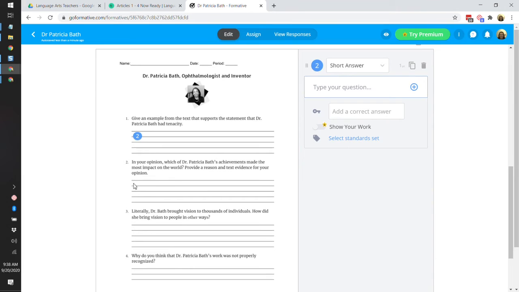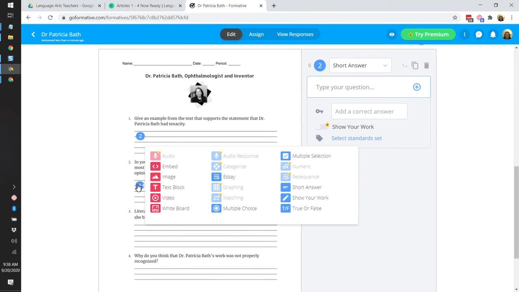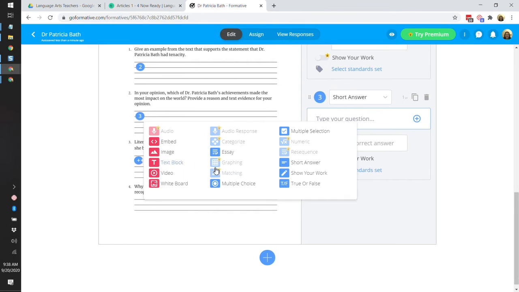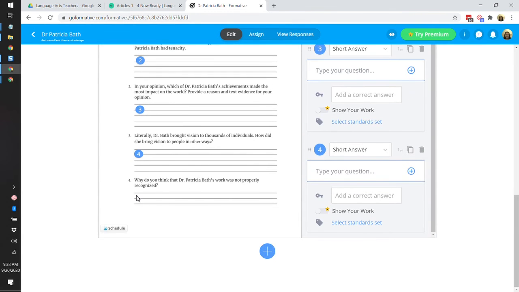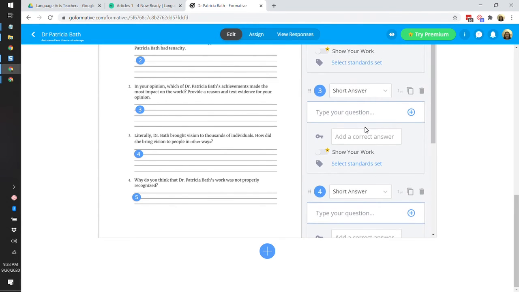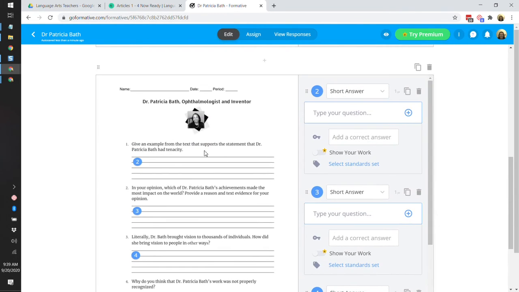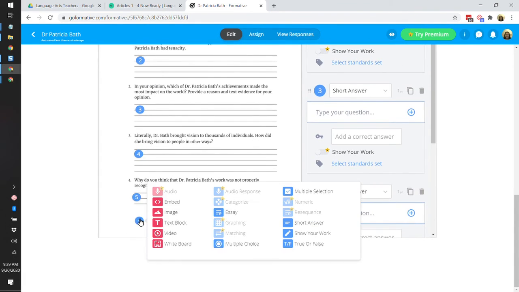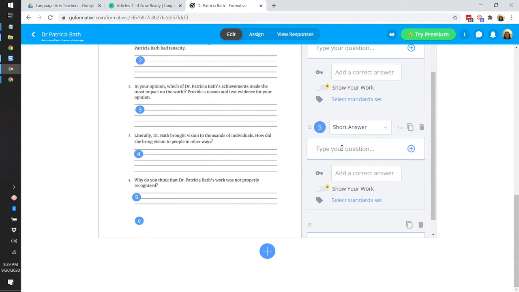And then I could do the same thing here, short answer. The same thing here, short answer, and the same thing here, short answer. So now I've got a box that the students will see for each of those questions. And if I wanted to, I could even leave them a message down here at the bottom. I could make that a text block and say,